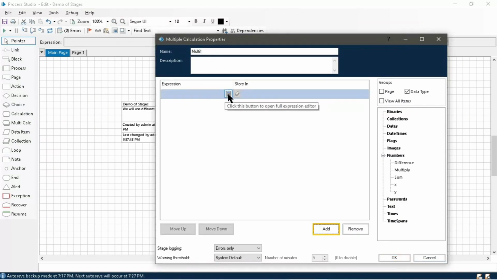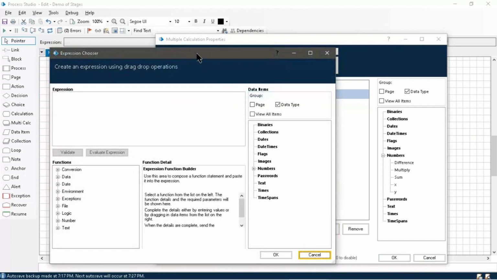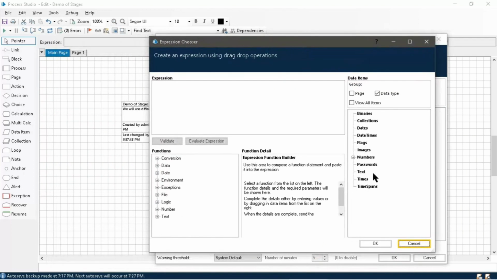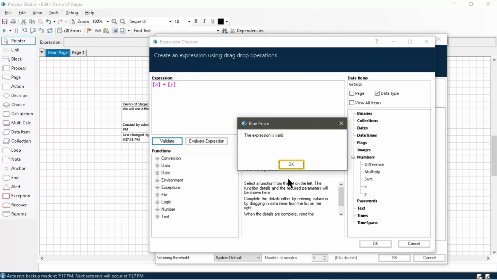Now go to the multi-calculation stage and add the expression. The first expression will be for addition of x and y, x plus y. Now validate it. Expression is valid.